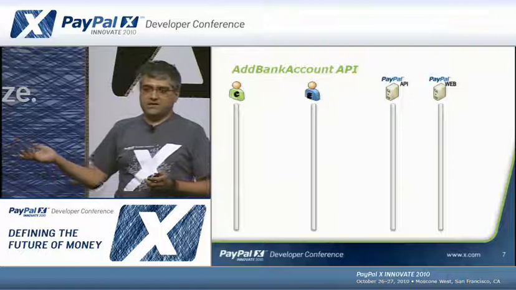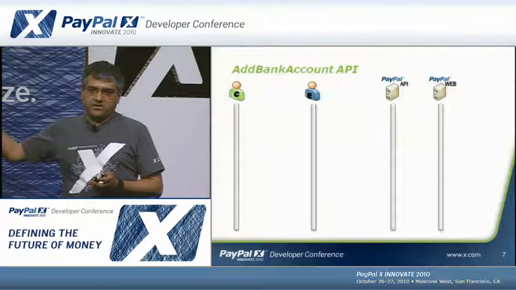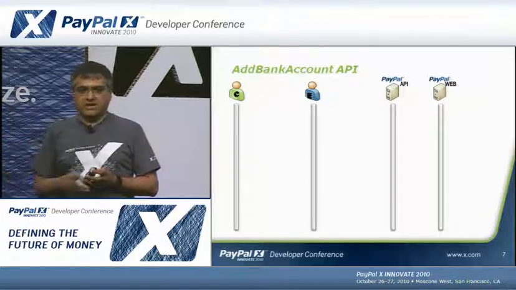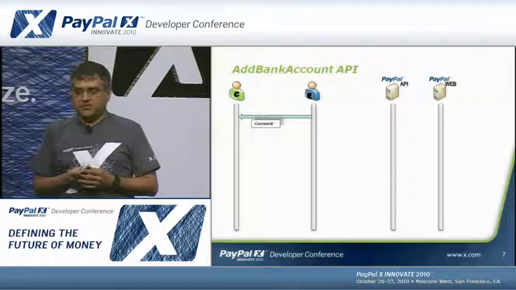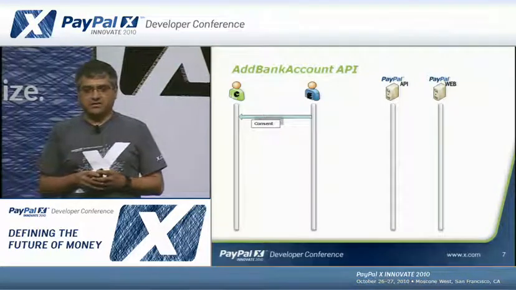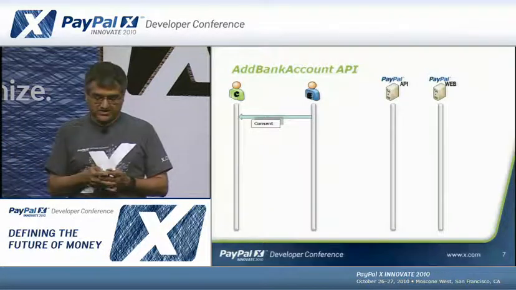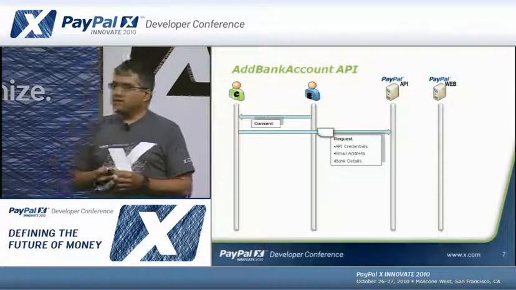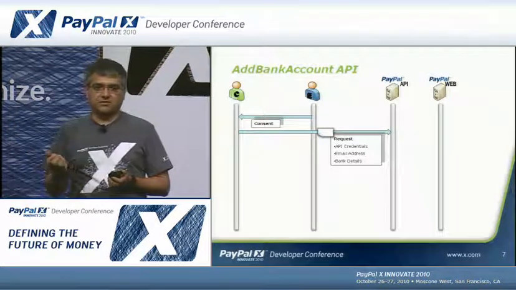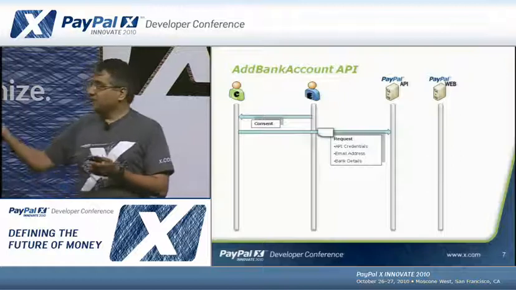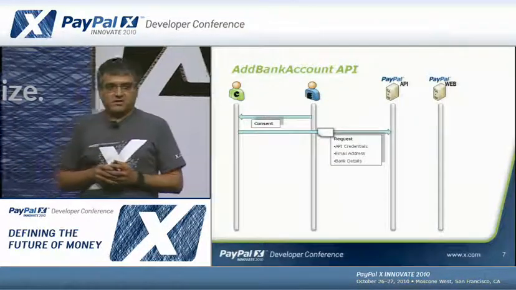So the first API in that suite is the Add Bank Account API. We have the players up here again, the API caller, the end user, the PayPal API endpoint, and the website. Before you can call this API, you must have the end user's consent that you're sending their information to a different site. So that's where that step is. Then you make the request, and the request, again, comprises your API credentials, their PayPal email address, and this blob called bank details.